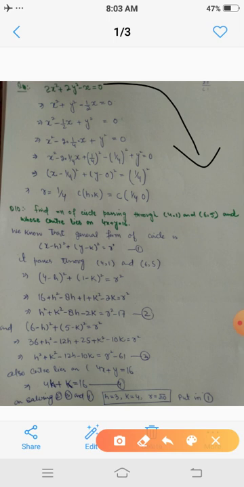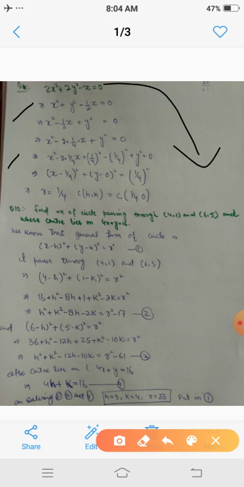So simply we get x square plus y square minus 1 upon 2 x equals 0. Now arranging these terms, it is x square minus 1 by 2 x plus y square. Now here minus 1 by 2 x can be written as minus 2 into 1 by 4 x, because by cancelling 2 in the denominator we get 1 upon 2. So it is x square minus 2 into 1 upon 4 x. Here it is 1 by 4, because (a minus b) whole square can be written as a square minus 2ab plus b square, which implies that here we have to add